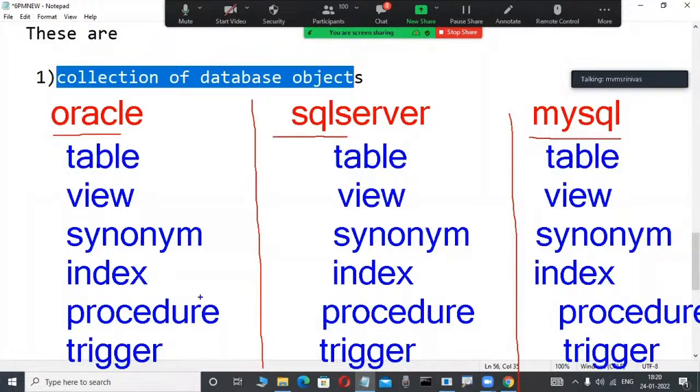But unfortunately, if you are a first-time newcomer, what is the purpose? If you have an idea, that is enough. What is the purpose of view? What is the purpose of synonym? What is the purpose of index? What is the purpose of procedure? What is the purpose of trigger? If you have an idea where we are using these in one relational data model product,